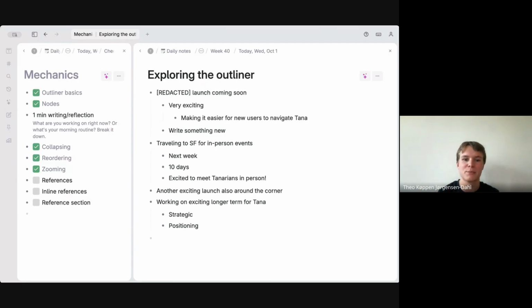All the information is part of this exploring the outliner node and underneath. What references allow us to do, which is also a super key concept of Tana, is that the default copy paste behavior isn't duplication of information. Instead, it's reusing information. So if I'm in this making it easier for new users to navigate Tana node here,